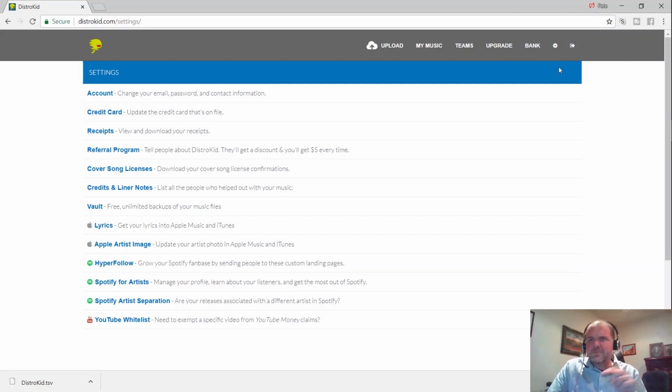All right. And finally, I've gone into settings. This little cog icon over here is our settings. From here, I won't show you all of these in detail, but we can go into our account to change all of our details, our contact information. We can update our payment method. We can go and view our receipts. We can go to the referral program. So that's what I mentioned before,